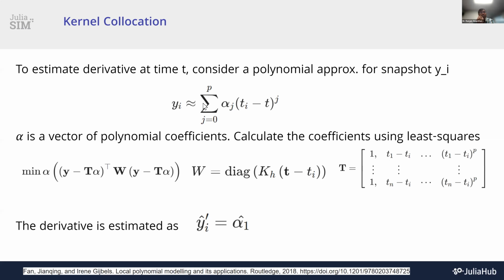Want to quickly go through the three methods. So one's called the collocation method, kernel collocation method, I'm sorry. If you want a derivative at this time t, what you do is you go to your data, find some ti, which is in your local neighborhood, and then you construct a polynomial expansion or polynomial approximation for